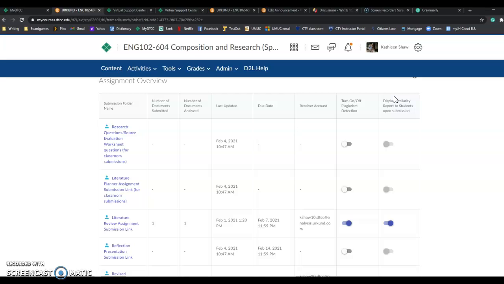Sometimes it'll flag something for plagiarism because it doesn't understand that you have cited properly, because maybe you had an extra space between the words and the quotation mark, or maybe it didn't quite read your parenthetical citation appropriately. So just because you get a number like 10% doesn't mean that your paper is 10% plagiarized. Don't worry about it. What I want you guys to do, though, when you get that percentage back, is use it as a guide. Because if it's higher than 20%, you want to investigate it. It might still be fine, but it's worth looking into. So do that, and then you can submit your paper again and check your score again, and make sure that you're